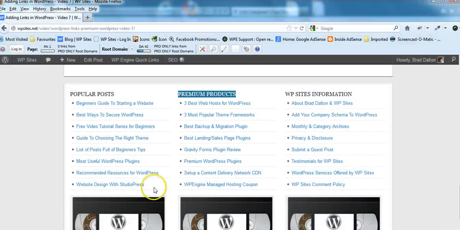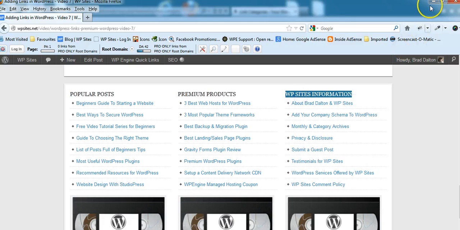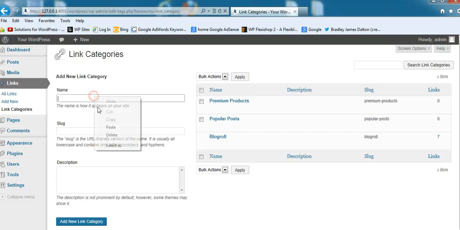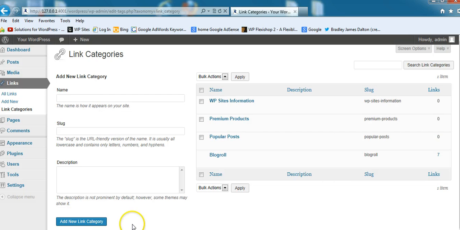So we'll just use these existing ones. Some company information you might want to include in your footer. So there's 3 separate categories that we've created. Now we can add different links to those categories. We click on Add New,